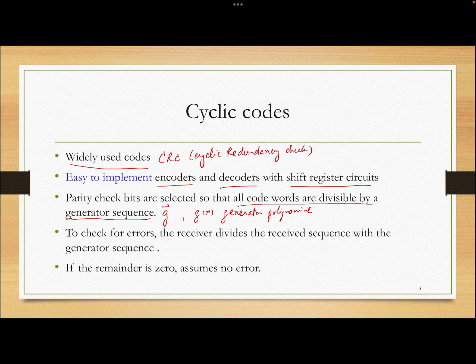Okay, so when you have, for example, a 7-4 code, you have 4 bits for data, right? So data has 4 bits. So you have the values 0000, 0001, until 1111. So you have 16 cases or 16 patterns here, which is equal to 2 to the 4, which is 2 to the k. K is the number of data bits. Then you send the data to the encoder,